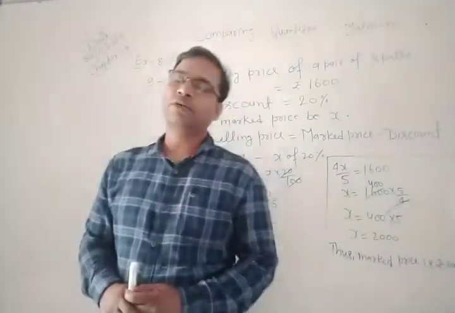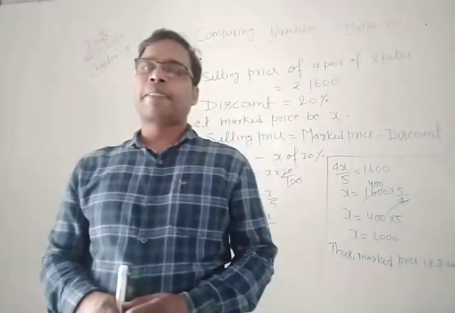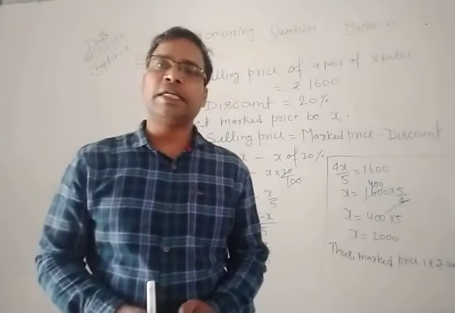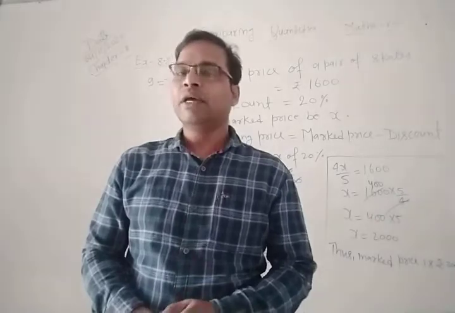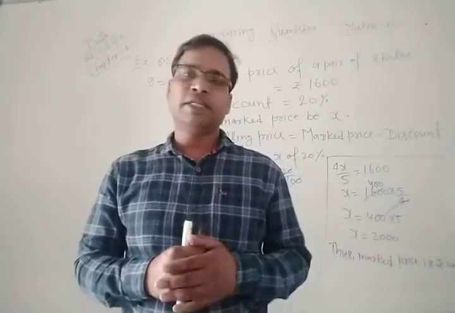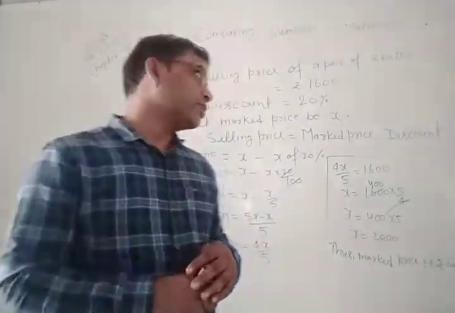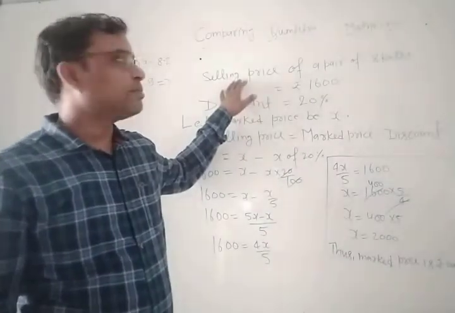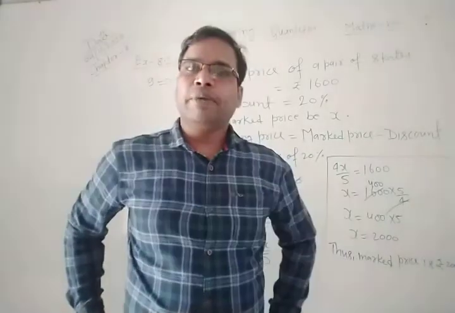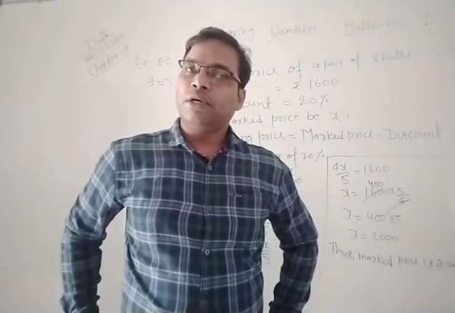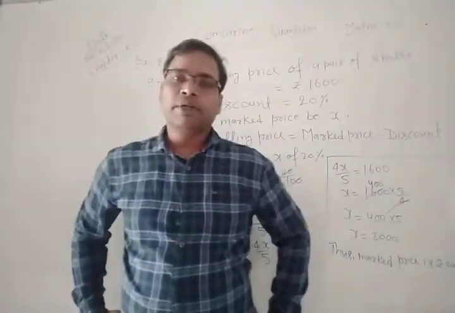So students, in this question it is given that Arun bought a pair of sockets at the sale where the discount given was 20%. If the amount he pays is 1,600, find the marked price. Okay, so you know very well we find discount on the marked price. When you subtract discount from marked price, this is equal to the selling price. So first write here that the selling price of the pair of sockets is 1,600 because Arun paid 1,600 to buy it. So this becomes the selling price, and the discount is also given as 20%.